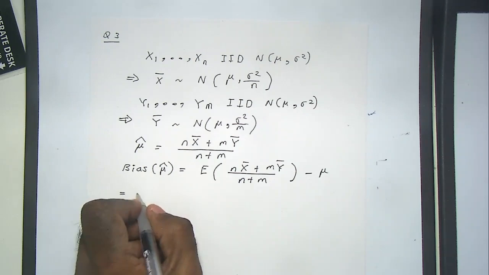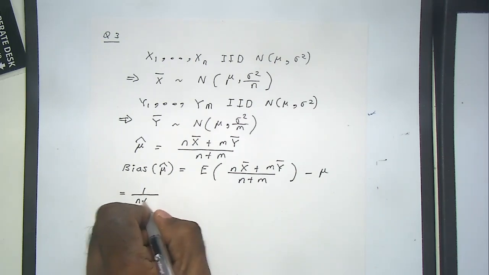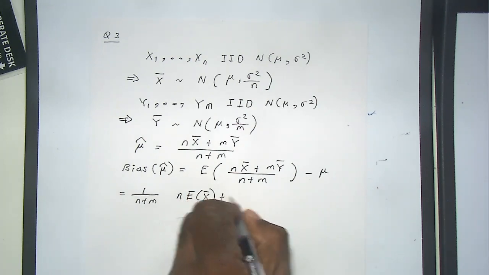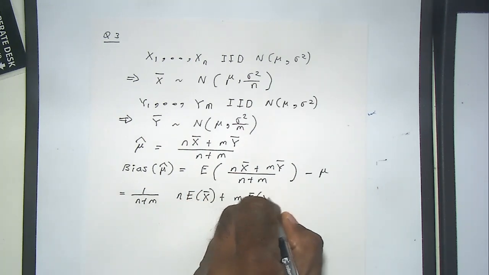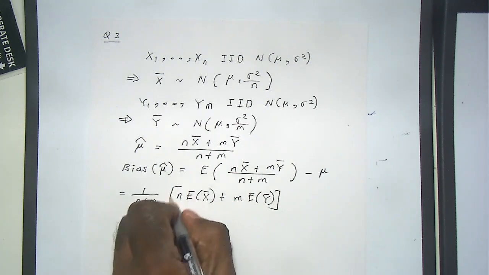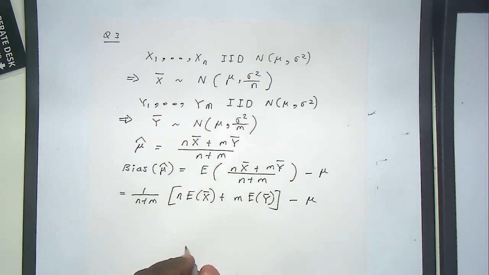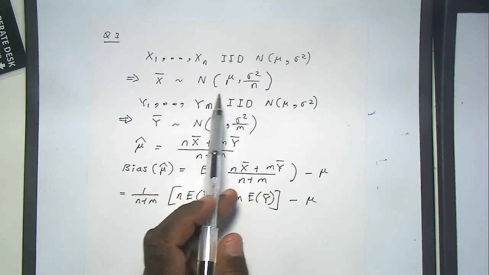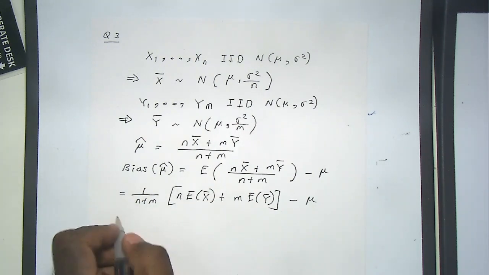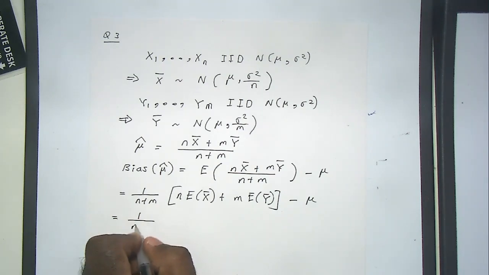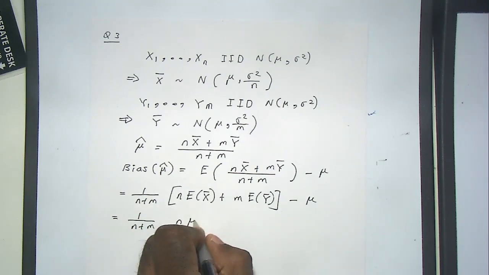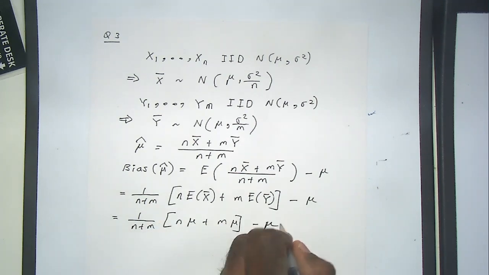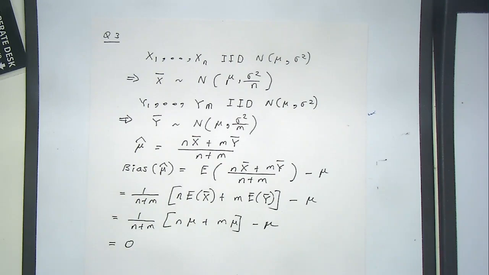So this becomes, okay. Now we know that x bar and y bar have this distribution and this distribution. So this is clearly 0, right? Hence